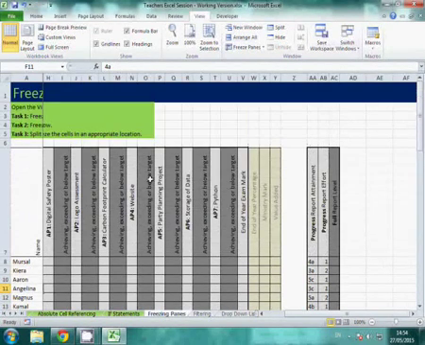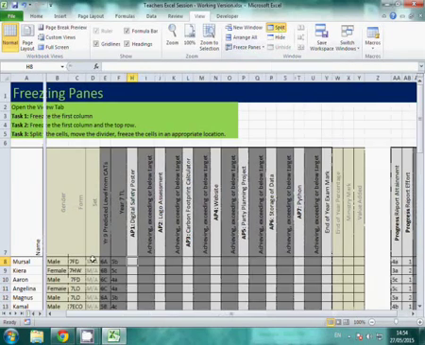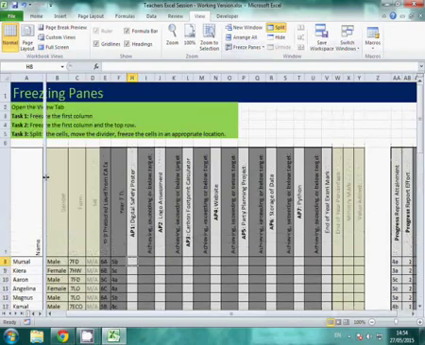But sometimes you also want to have this data appearing. So what we do is something called split. Put your cursor where you want, just below where you want the data to freeze, and just to the right of where you want the data to freeze. So I want to be able to see all the way up to here and all of this data. And I'm going to click on split, and it will give me this panel here, and I can move this